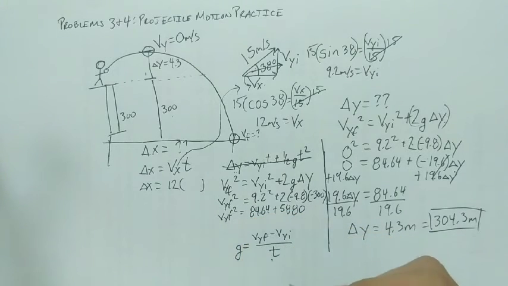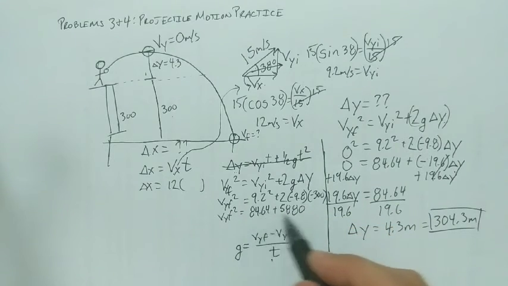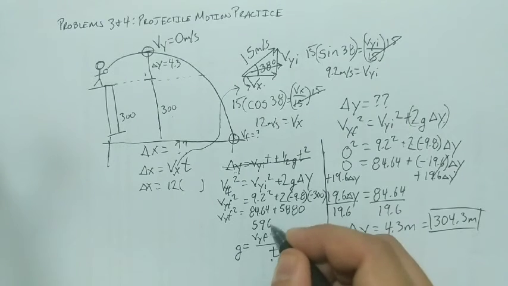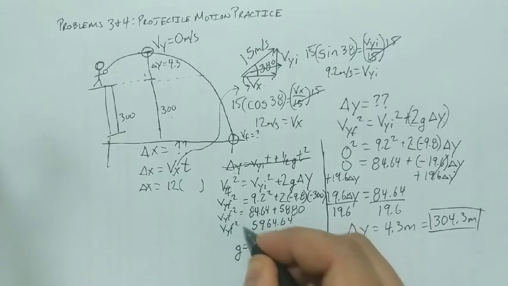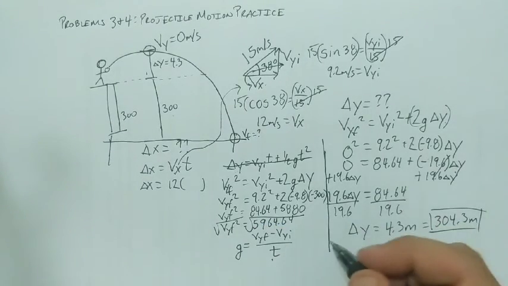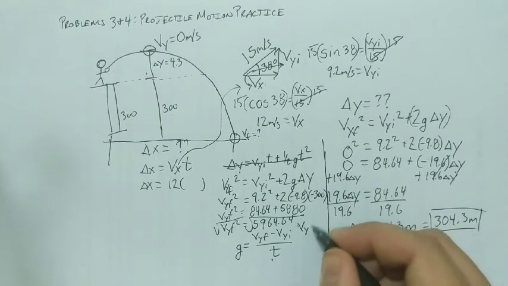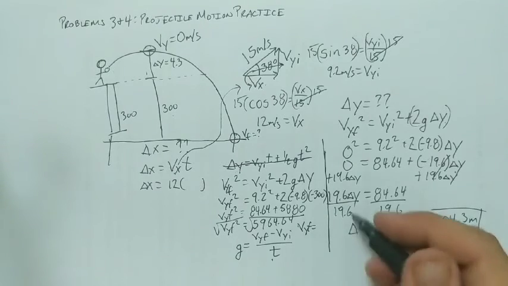I add those together. So I can't do anything on this side yet. I still need to simplify this. And I get 5,964.64 equals Vyf squared. And my last step is take the square root. And Vyf, I didn't give myself enough room, equals